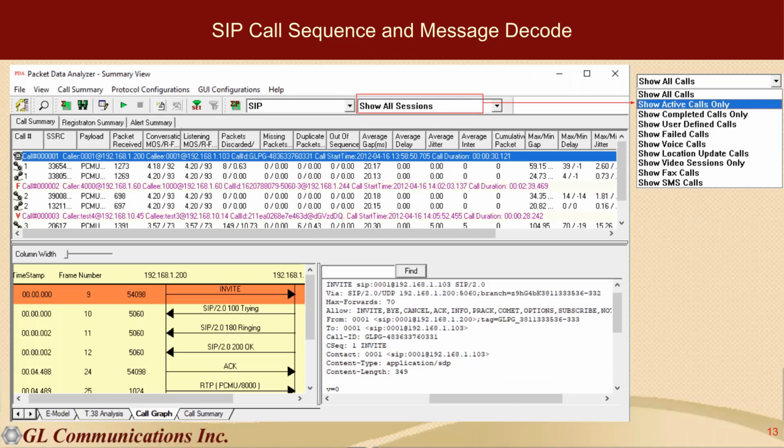Let's see a few more options available in the PDA. This is one more tab available in the main GUI itself. We call it the call graph. So you can see how easily the call information is available in a ladder diagram in just a click. You can see the entire messages related to that particular call, and you can see the timestamp,